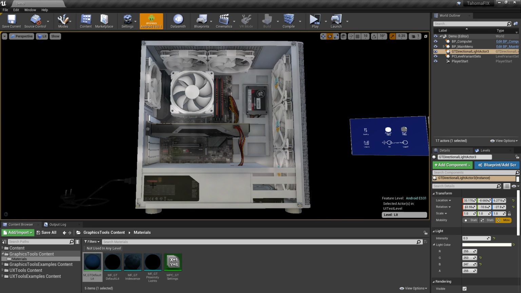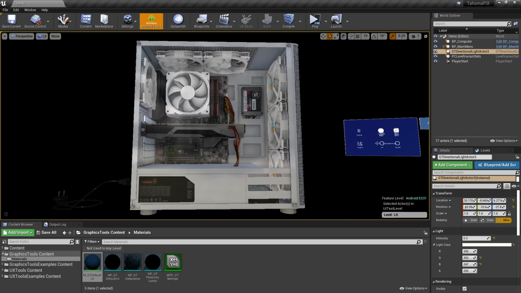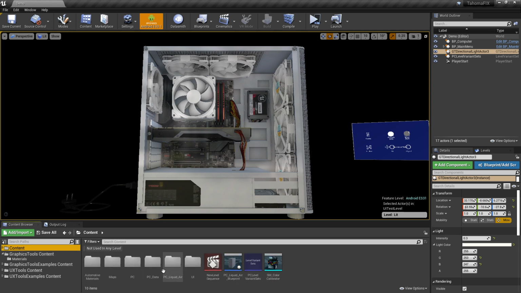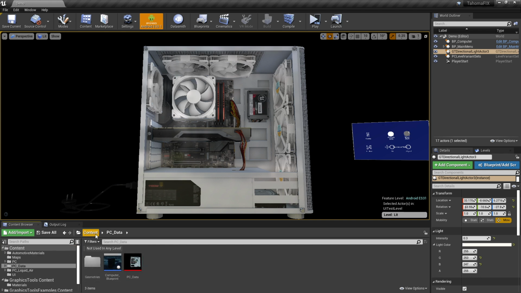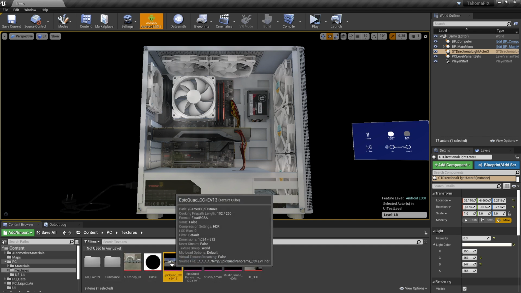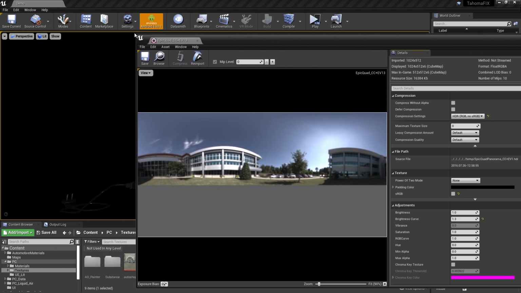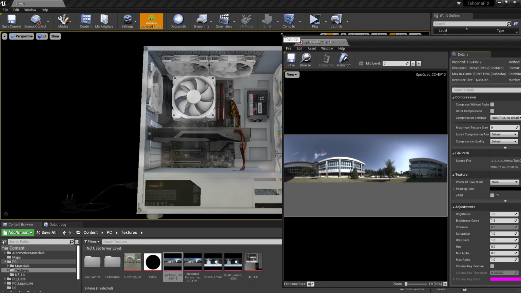And like I said before, a lot of the look and feel of this is coming from a reflection map that's wrapped into a cube map on all of those materials. So the first thing we're going to do is pop that a little bit brighter. If we jump into our textures setting here and grab this cube map, this is actually the cube map that ships in the engine content. I've got that cranked up a little bit brighter, so I'm going to increase that a bit more.